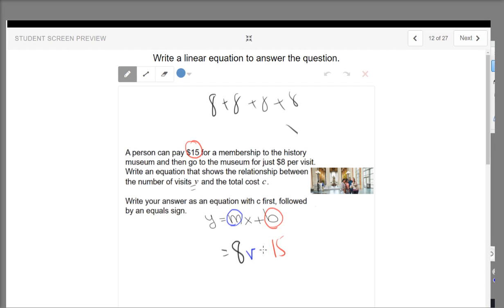All right, and my V looks a little bit different, so I'm going to put it like that. Okay, so if there was 4 visits, V would be 4, and you would add 8 4 times. If V was 5, then you add 5 multiples of 8. Okay, all right, so instead of Y, they want you to use the letter C for cost. And that's it. You're just writing an equation on